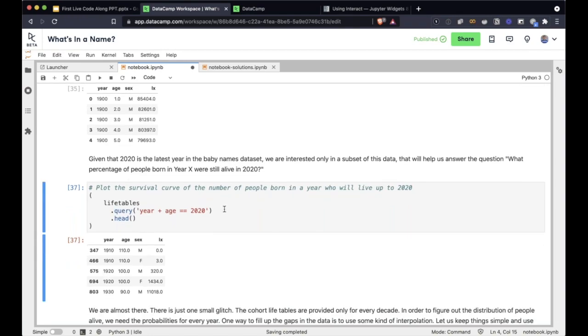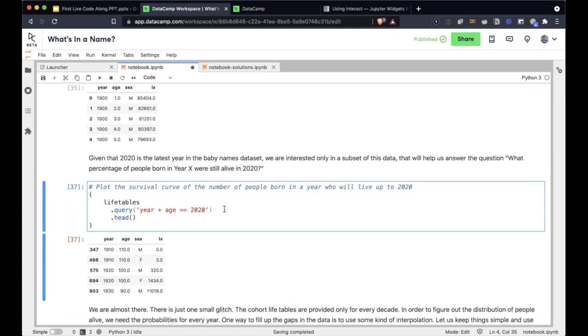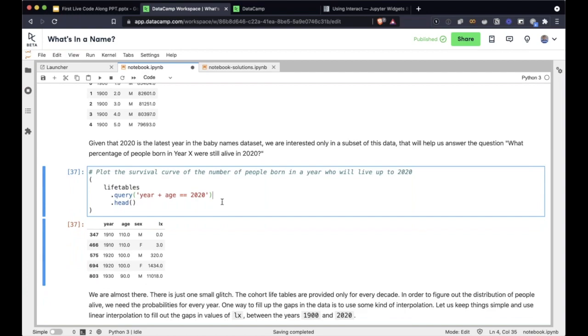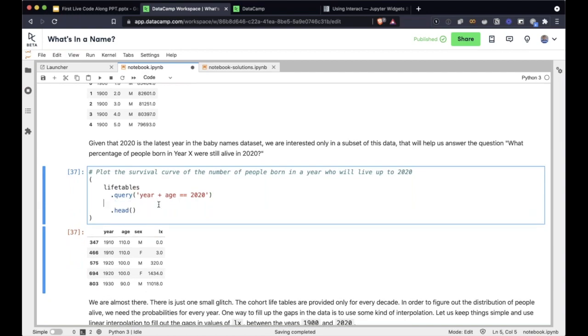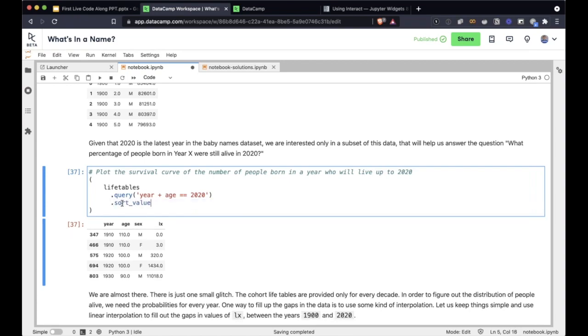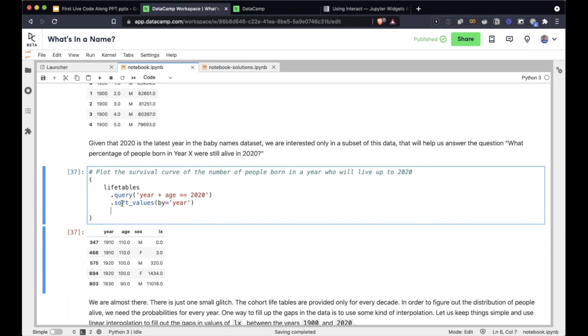Okay, and so now let's try to visualize this. Let me also sort first: sort_values by year, and I'm going to use the plot line method here.